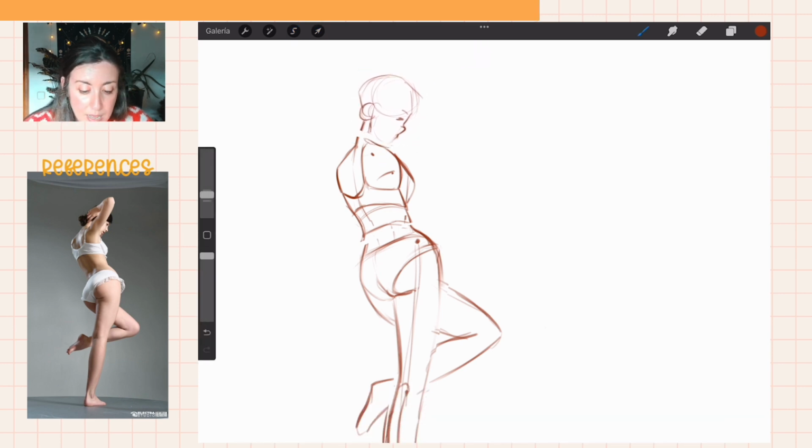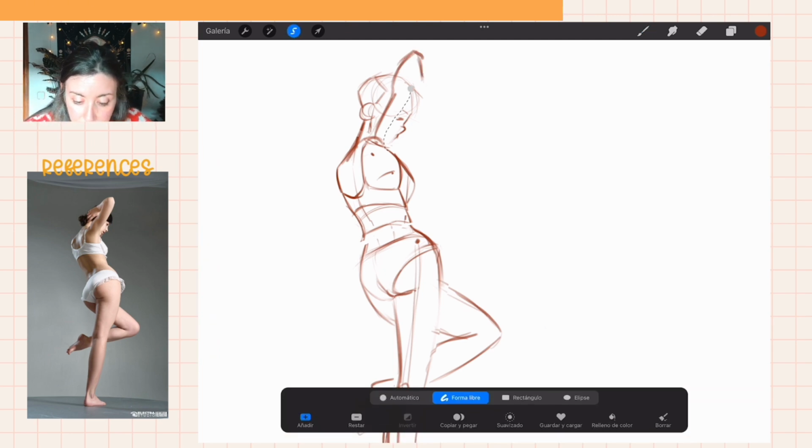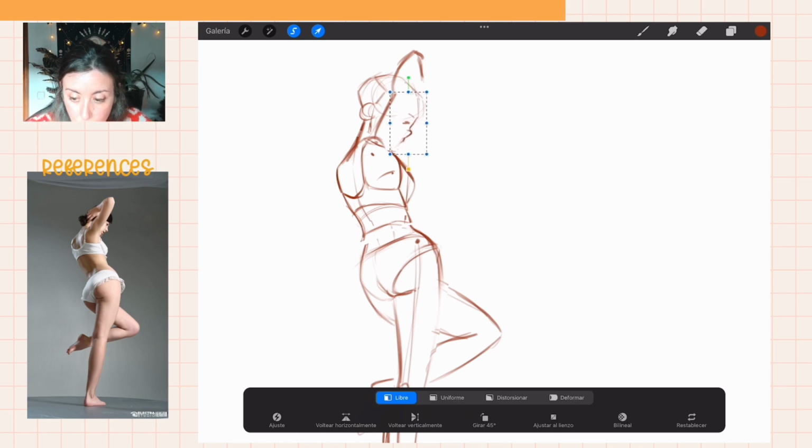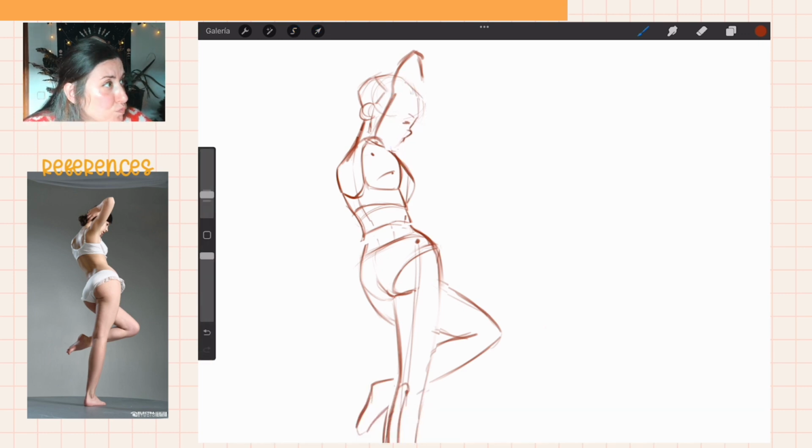Okay. And we have here also the shoulder. We see the shoulder here. And we have like the hand, again, the line coming over here. And this kind of foreshortening thing with the elbow over here. The thing is that the face, I have to move it because I'm going to cover it with the arm. And here we have like the